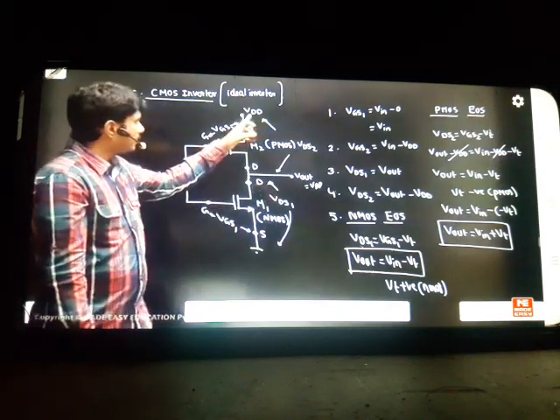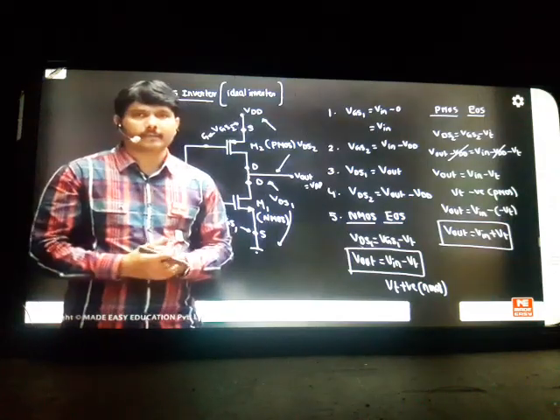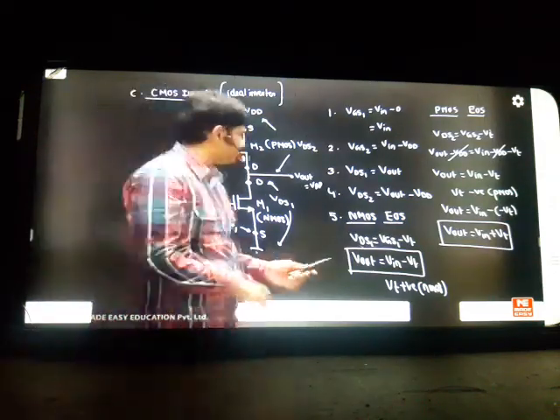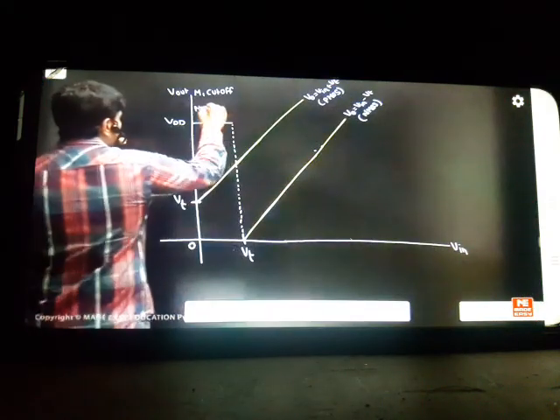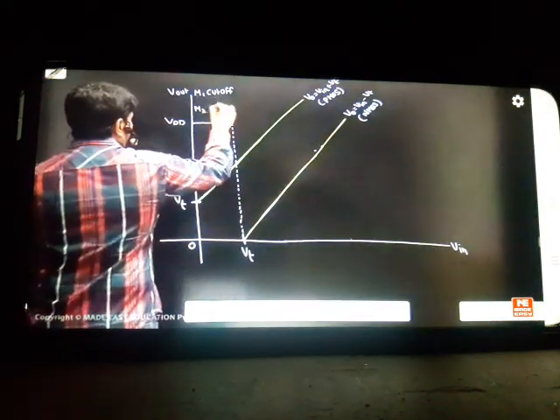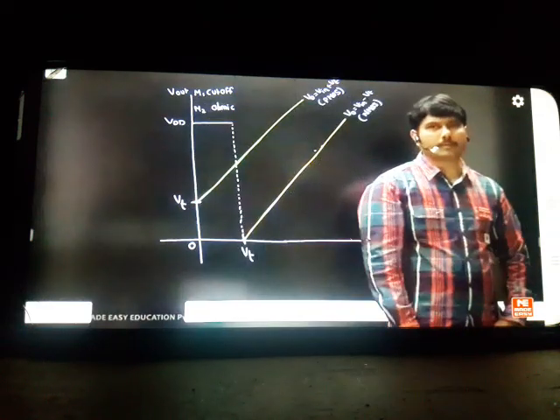When this is VDD, this is also VDD, the difference is 0. When VDS is 0 or millivolts, the MOSFET will work in the ohmic region in electronics, I said. So the trick is very easy to understand. Let us move to the technique now. So M2 will be in the ohmic region, it started. One is in cutoff, one is in ohmic. The game started like this. When NMOS is in cutoff, M2 is in the ohmic region, we got.